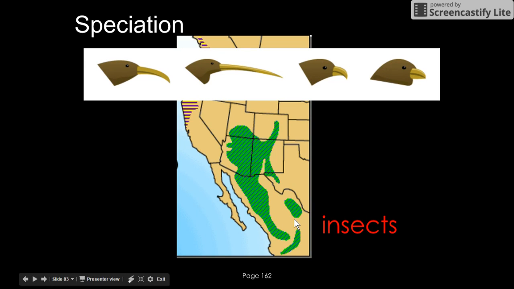Well, here we have trees. And in these trees we have holes, and the birds must stick their beak inside the hole to get the insect. Now, naturally, this bird will have the best advantage because his beak can fit in the holes to reach the insects. And then this bird right here will have to die off